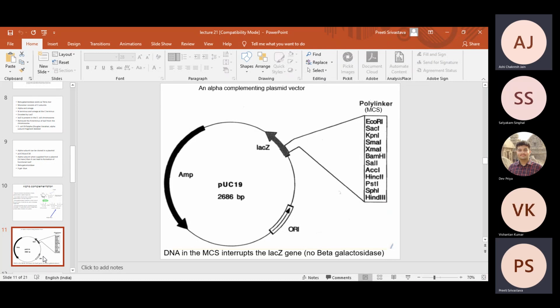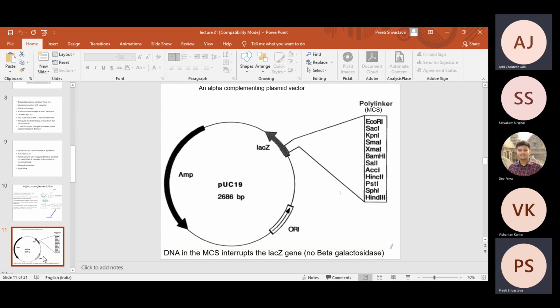Now in the pUC19 plasmid, we encode the alpha subunit. So when the plasmid and the E. coli genomic DNA come together, that is, we perform restriction digestion and these come together, we would get three possibilities. First, we get pUC19 itself. The second, we get the genomic integration itself, and the third possibility is both of them combine. When both of them combine, the lacZ would be operational again, and the indigo color would be obtained in the colonies.